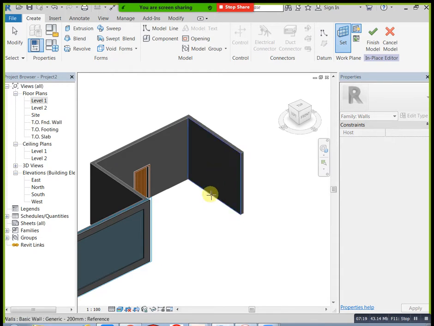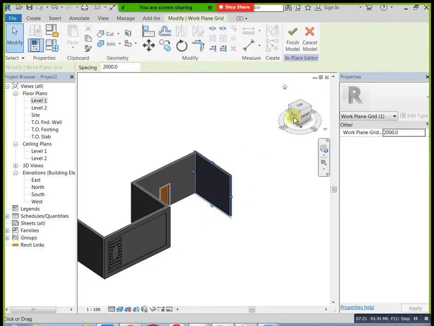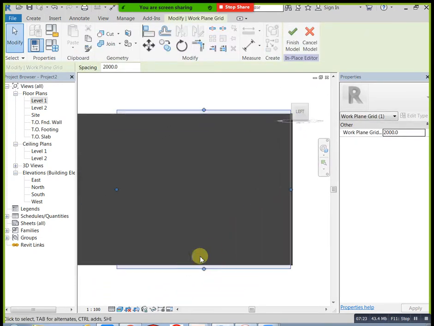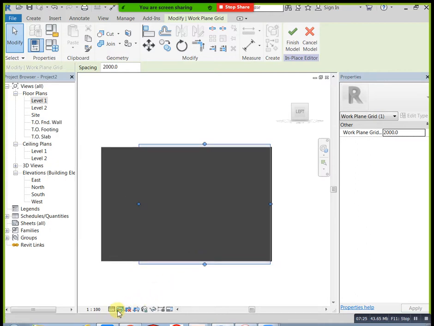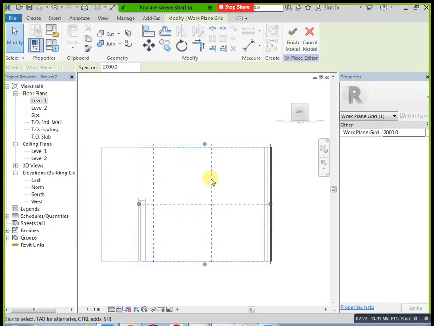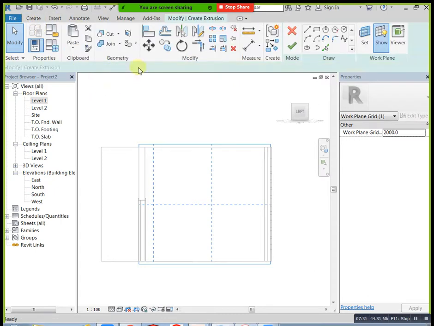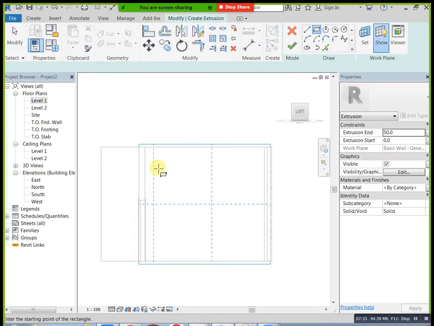Go to left. Now you can apply wireframe. Okay, this is our area. Now here, which type of design do you need? For example, I am taking extrusion, and you can apply the same thing.